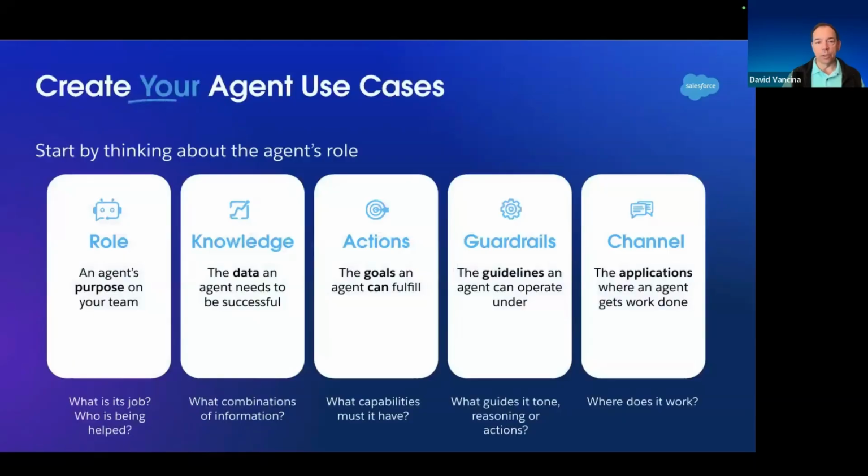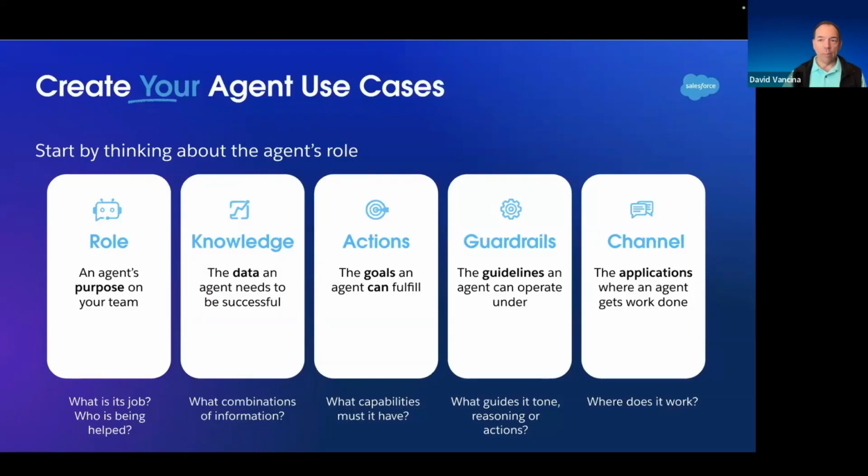Now, going back to the principle we talked about earlier of making sure that we're focusing on high value business activities for your organization, and specifically when we think about it in terms of AI agents, we have to look at these 5 areas that are general in some ways, but very specific to agents in others. When we think about human roles in an organization, defining the role, defining the knowledge that's needed in that job, defining the actions that a person in that role can take, these are all fairly familiar processes for anybody that's been involved in organizational design or human resources generally.